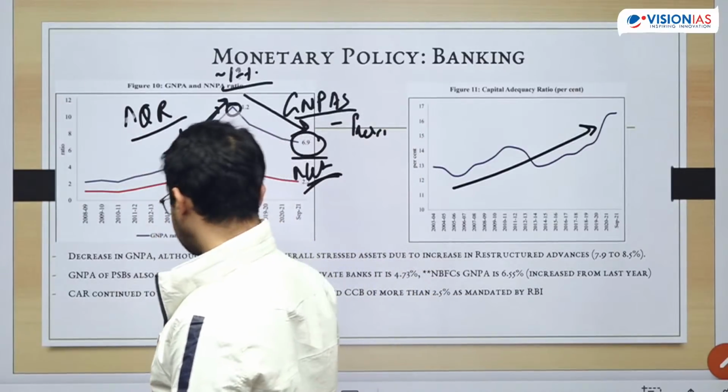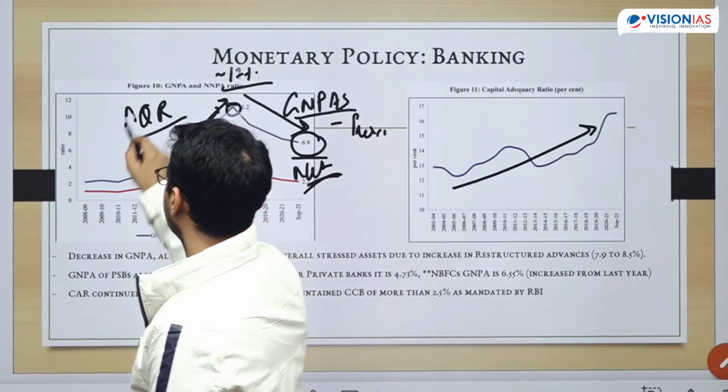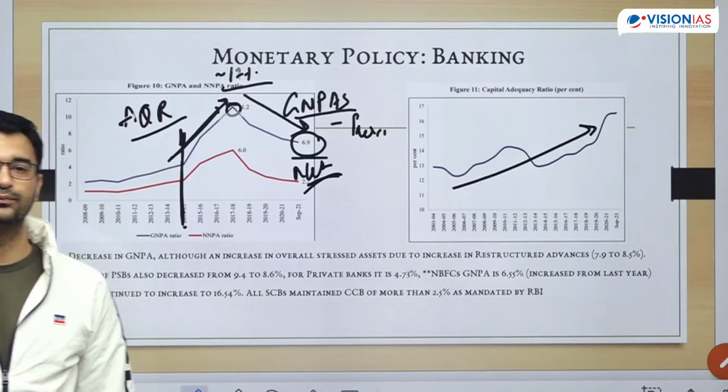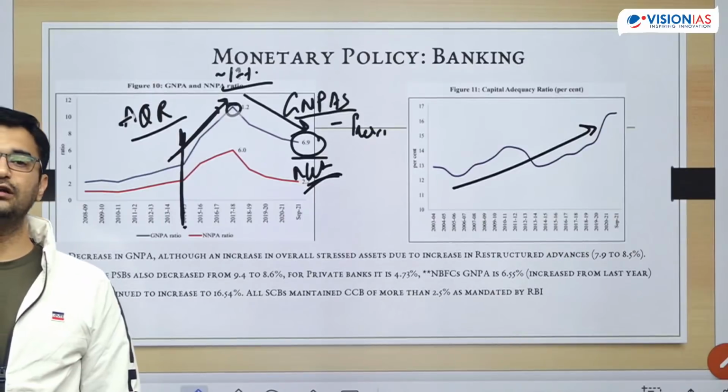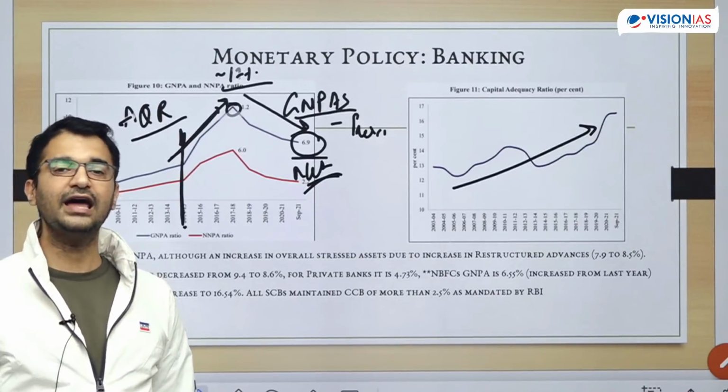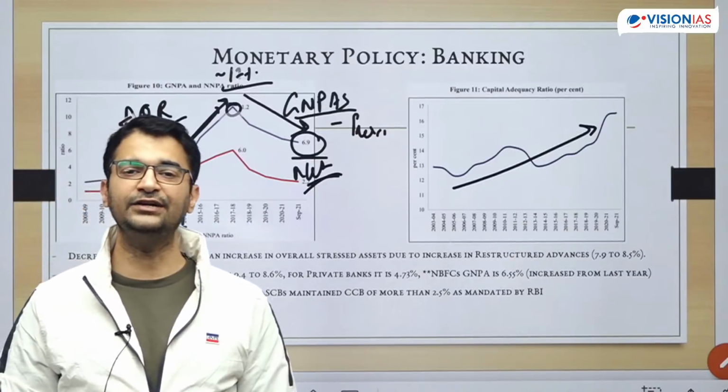AQR is Asset Quality Review. AQR refers to Asset Quality Review. Asset Quality Review was undertaken by RBI in order to recognize the true extent of bad loans